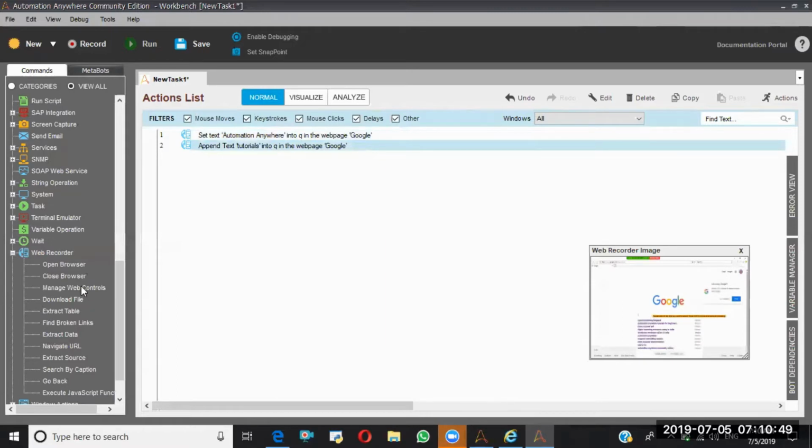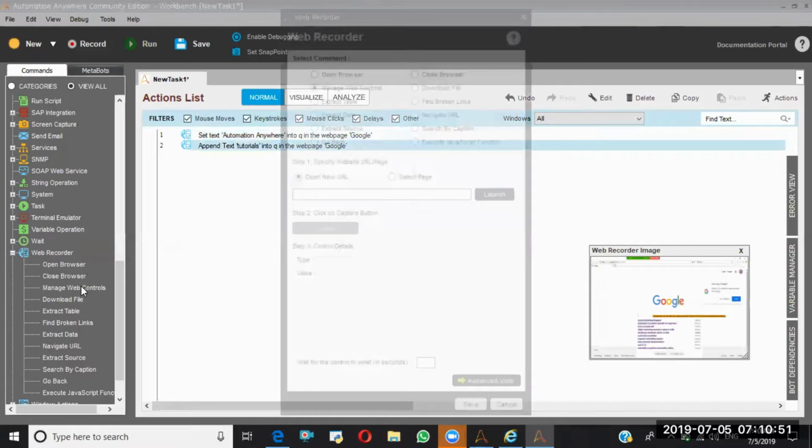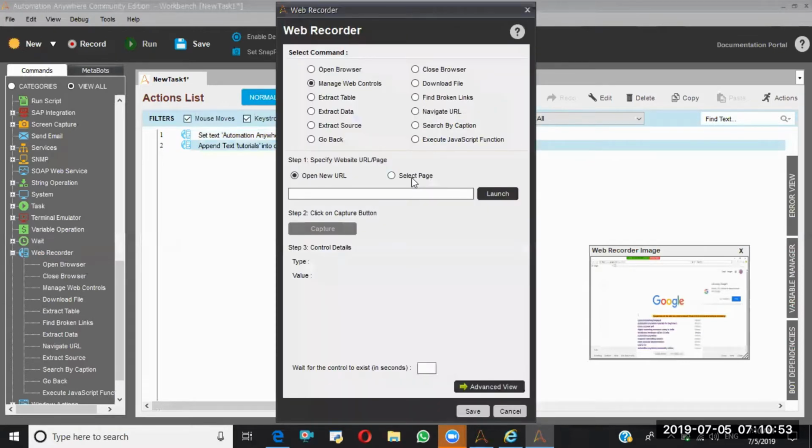Again I am going with manage web controls. Again I'm selecting the Google page.